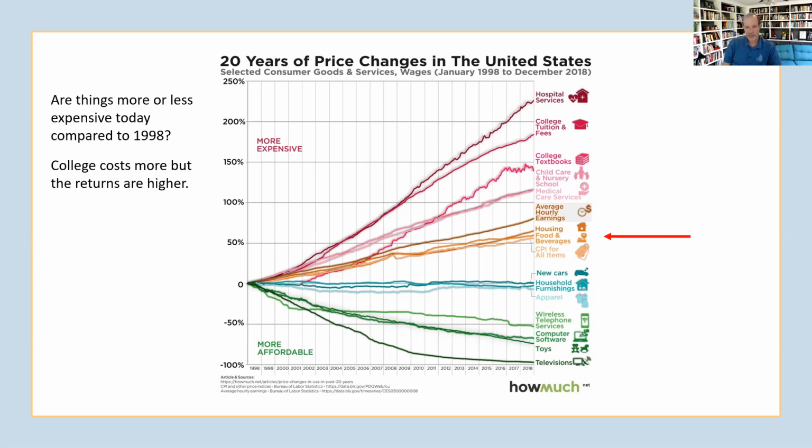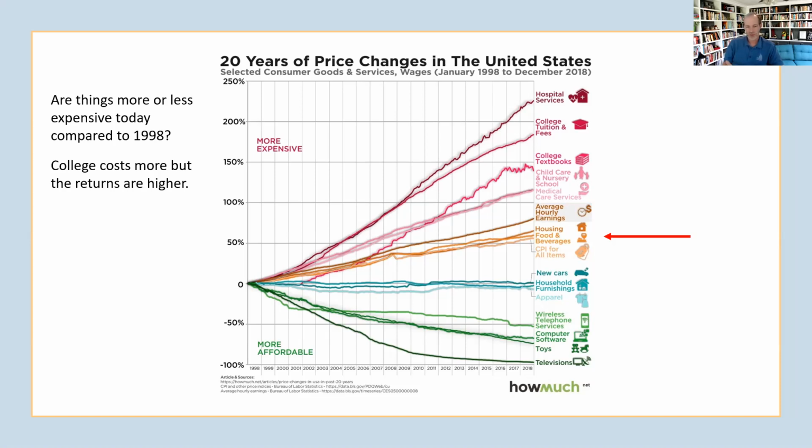Food costs somewhat more, not a ton more, but also housing costs more. And there's huge variation across the country. Some of you might have friends who live in California. California housing prices are just insane. I always chuckle when people say housing in Norman costs a lot. Maybe compared to some parts of Oklahoma, but compared to California, it's crazy.